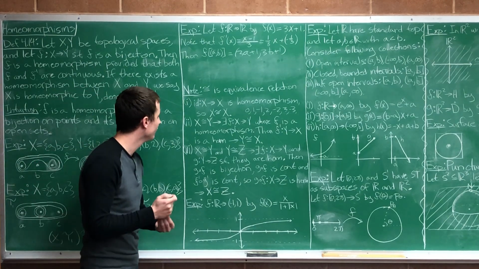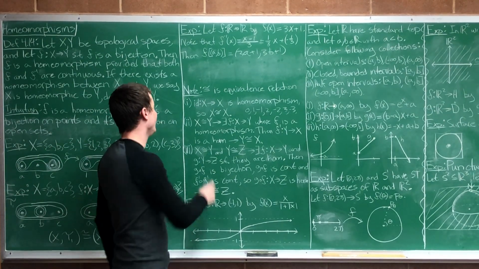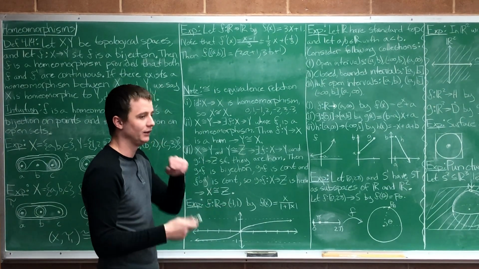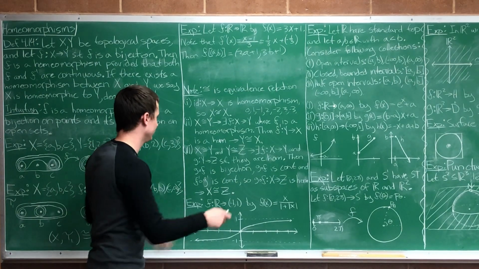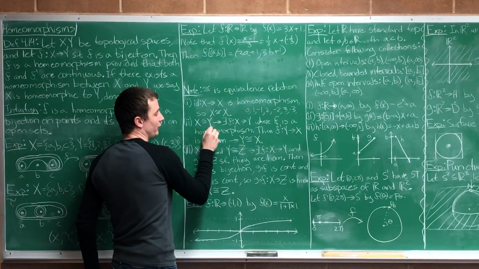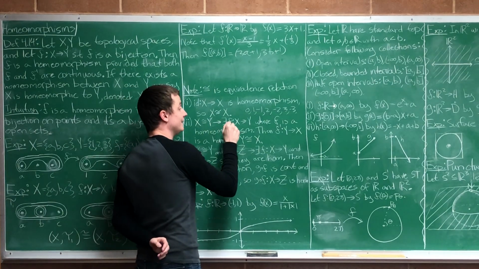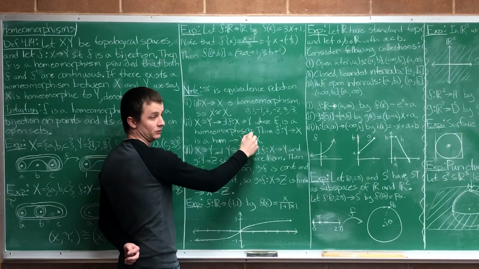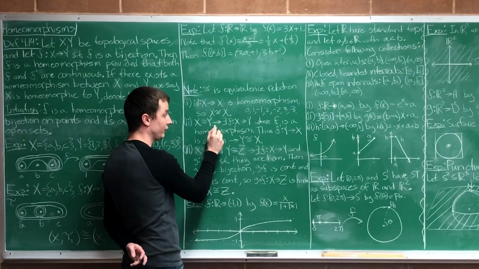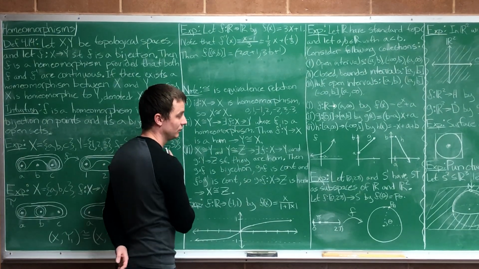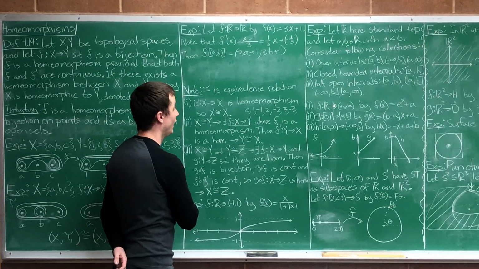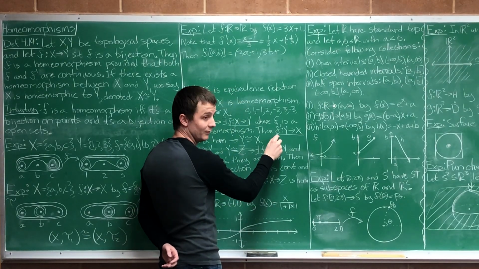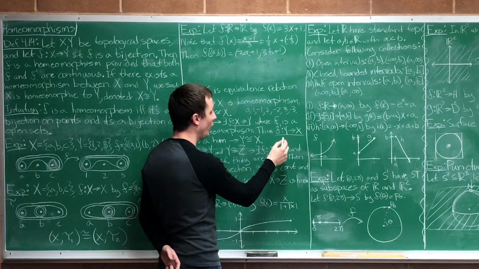Symmetric. So we need to show that if X is homeomorphic to Y, then Y is homeomorphic to X. So this time we don't have to find a homeomorphism. We're guaranteed that there is one. So if X is homeomorphic to Y, what does that mean? That means that there exists some function f from X to Y where f is a homeomorphism. Right? That's what it means for X to be homeomorphic to Y. It means a function like this exists. Now notice then that f inverse,